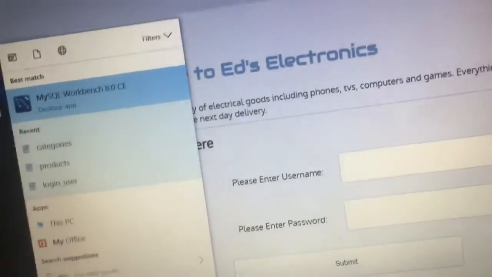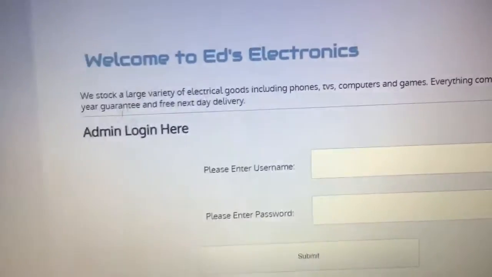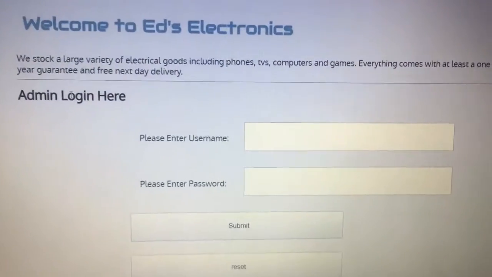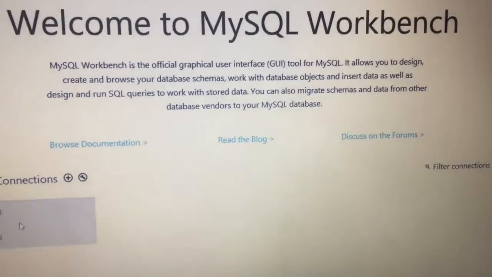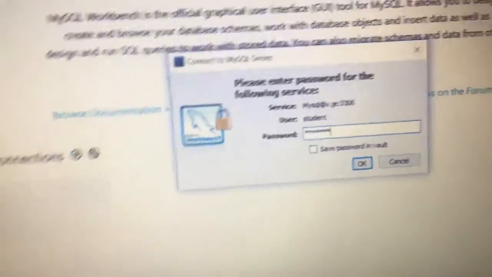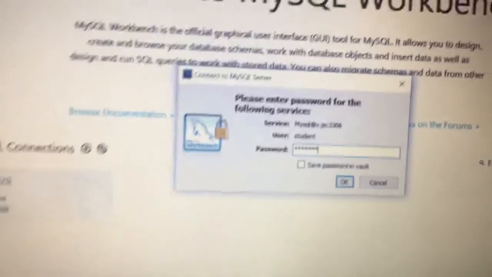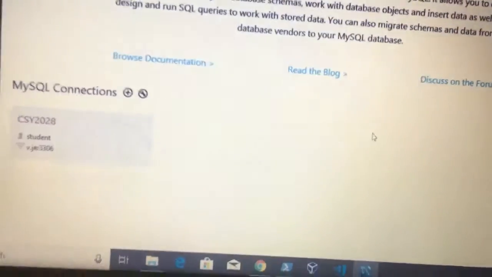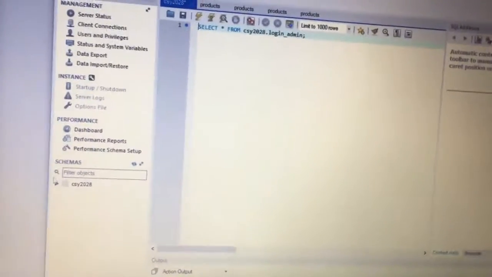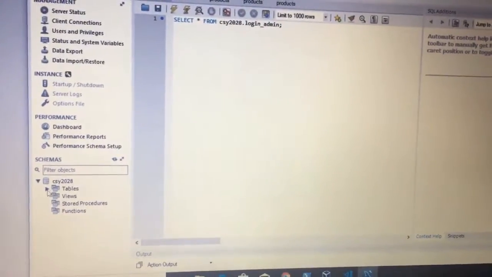And if we go to the SQL workbench, and connect here, and we go to tables